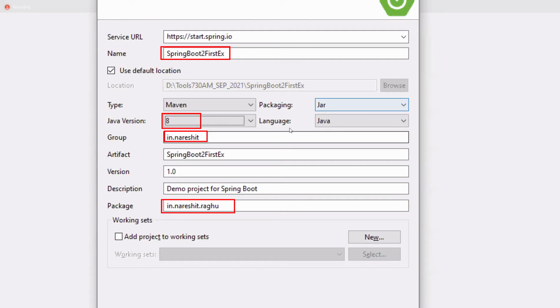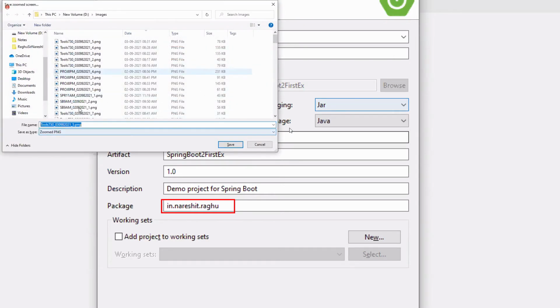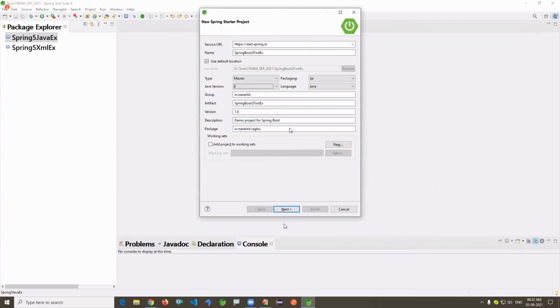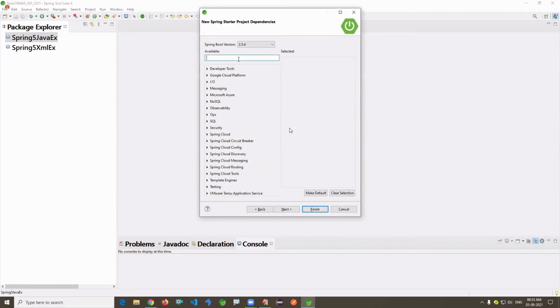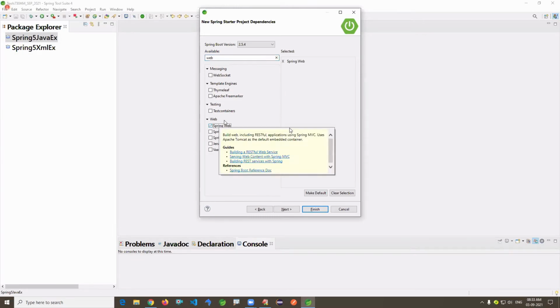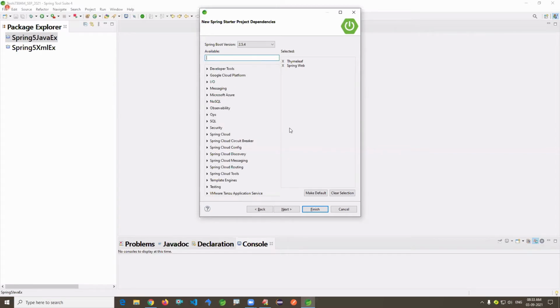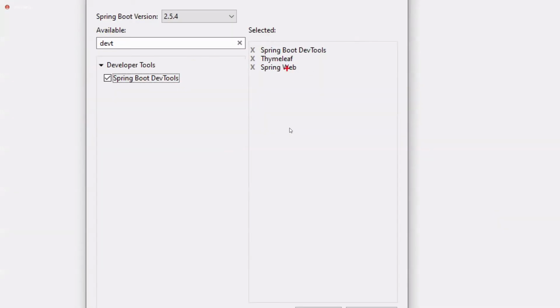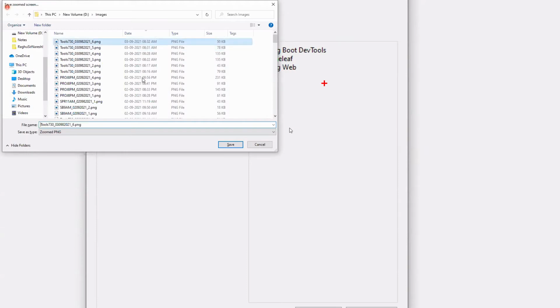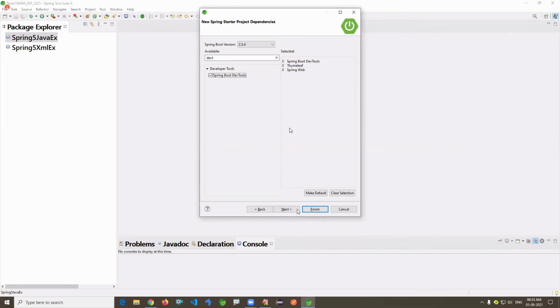Remaining, I'm just keeping default for the Spring Boot application. This is your interest, what you want to work on. I'm just showing one example. Next button, there you can choose dependencies, whatever you want. Do you want to create a web application or a normal application? If you want to create a web application, the dependency will be there, Spring Web. UI is Thymeleaf. To avoid restart of your application, there's DevTools. Basic dependencies, you can search and choose. This is just an additional example I'm giving. Next button and finish button.